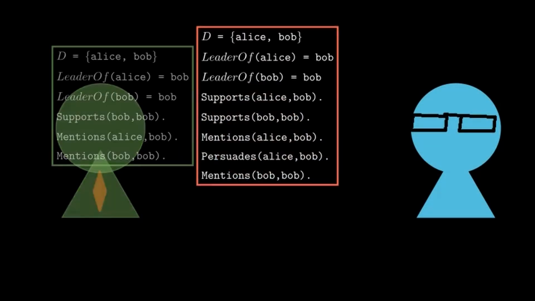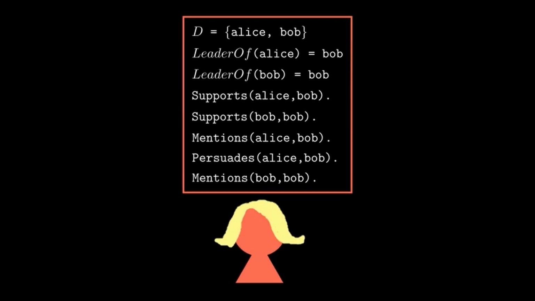Our society consists of 3 agents, and hey, sometimes they say 3's a crowd. Alice, Bob, and Carol. Each of them has their own interpretation of the state of their society. Let's start with Alice. She and Bob clearly have some sort of understanding with each other, so much so that, in Alice's interpretation, Bob is her leader, and as such, she offers him her support. Alice goes so far as to mention Bob, presumably out loud, and believes that Bob is persuaded by her. Encouraged in this way, she might conclude, he mentions himself.